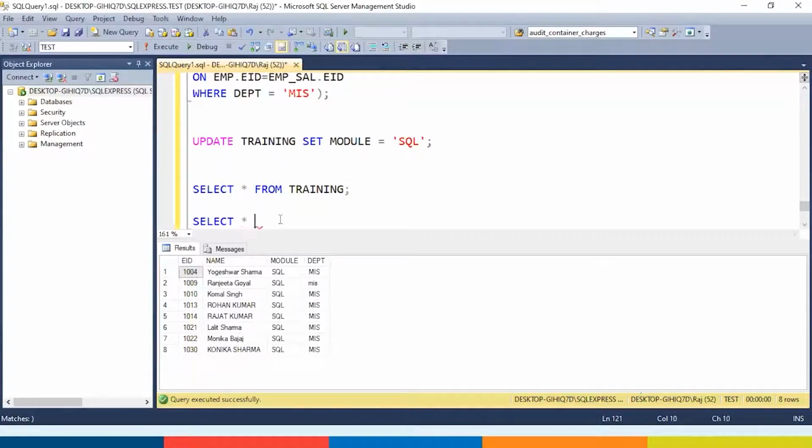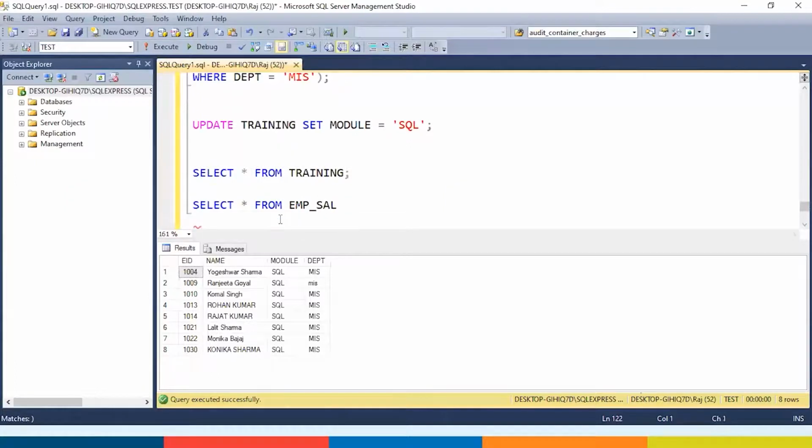So I will say select star from EMP_SAL where department is equal to MIS and designation is equal to manager.